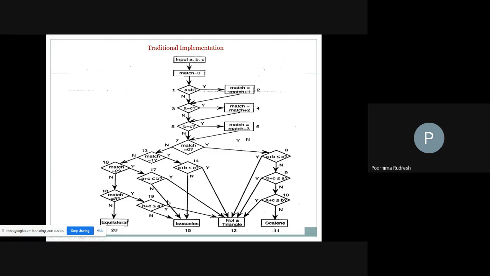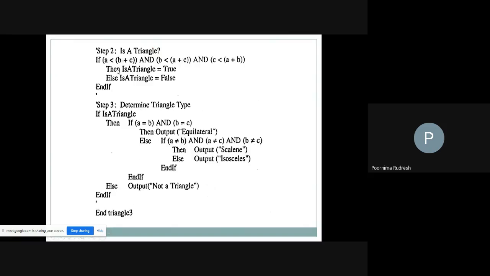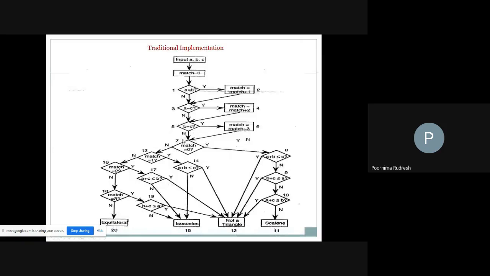But before that, we have to find whether it is a triangle or not. Whenever we are adding the values, see this condition: A should be less than B plus C, B should be less than A plus C, and C should be less than A plus B, that we are considering here.